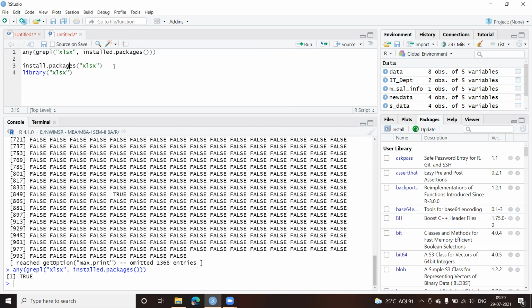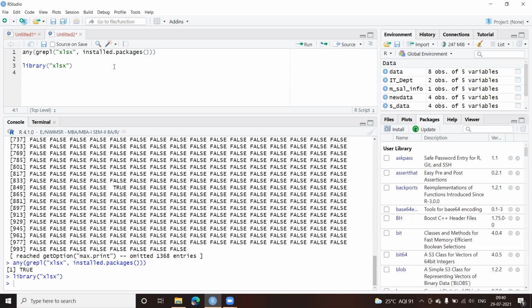I don't want to install this because I already have it, so I'll delete that line. But if you want, you can write an if condition for this, checking if it equals true or false. It's very simple, so I won't go into that right now. I press enter, and it's got included.